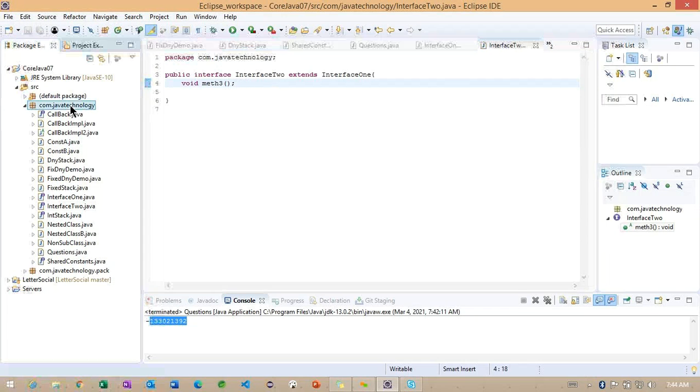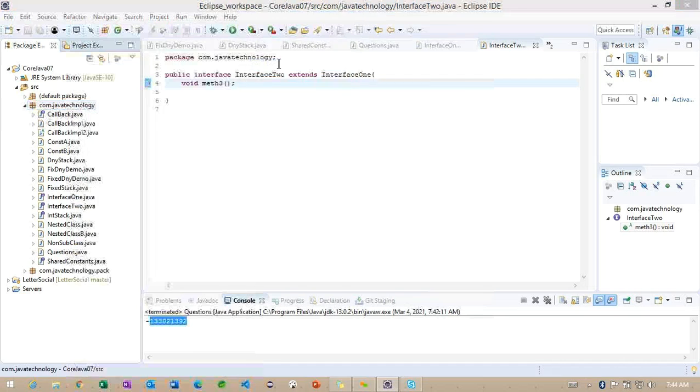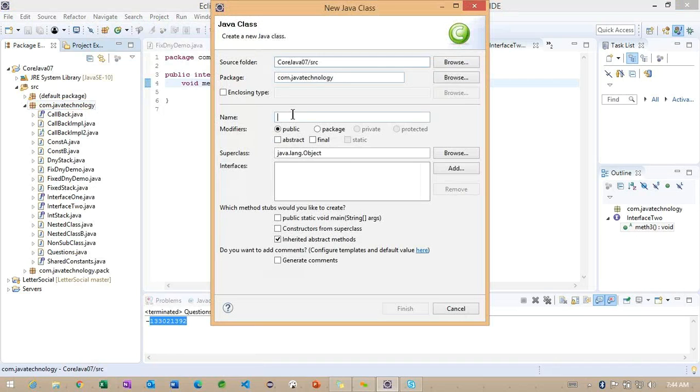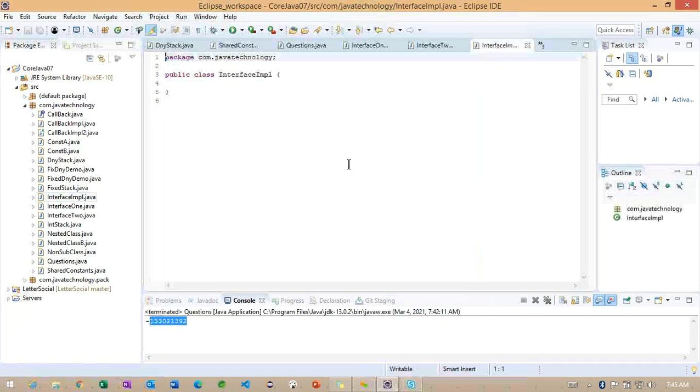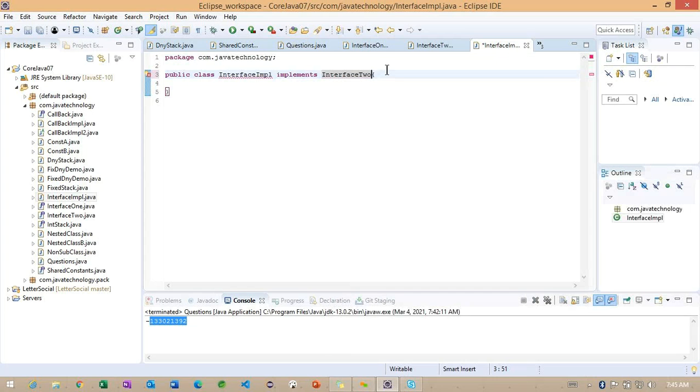Now, if you observe, I'm going to work with the class here. To work with the class, an interface implementation class. Which interface are we going to implement here? To work on the 3 methods, we can go for the second one, that is called interface 2.